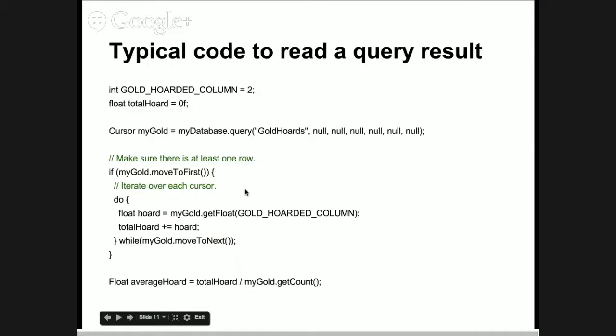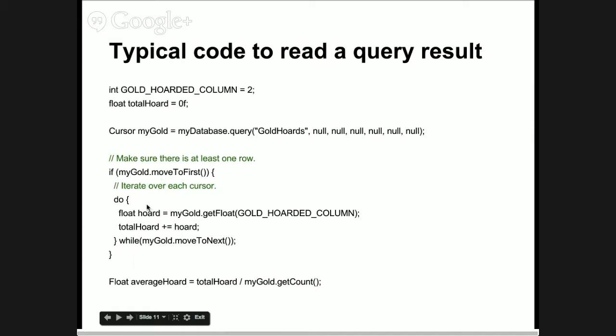Okay, so this is a typical code. Cursor my gold. I copied this example from somewhere, but it is equal to my database.query, in which I just specify the column, the table name, and leave the rest blank. This just says, iterate on all the elements of the table. Then if my gold moved to first, so if I succeed in moving to the first element of the result, this means essentially if the result set is non-empty, right? Then I can